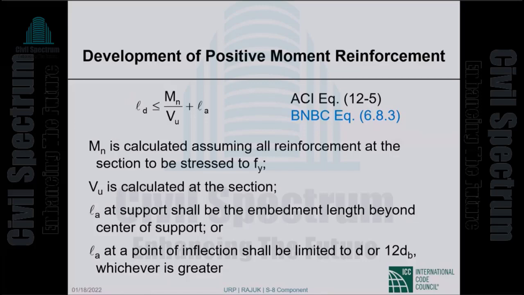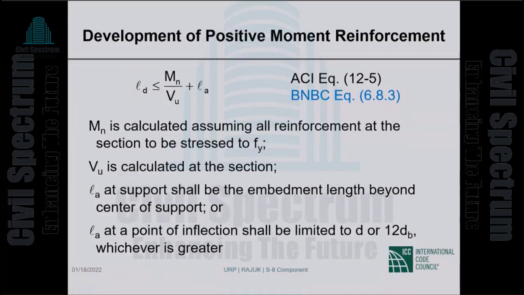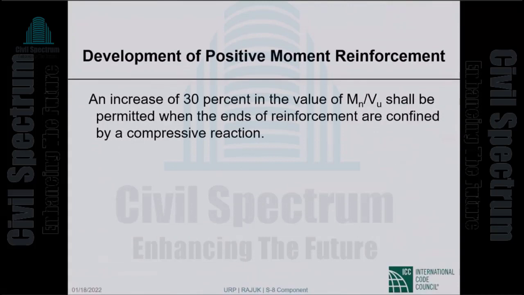Okay, so the larger the bar diameter we want to use, the larger the required development length. So if you use too large a bar diameter, you'll be in violation of this requirement. If you have small bar diameter, L sub D will be small, and then you'll be in compliance with this requirement. That's the idea. Okay, it is being done somehow indirectly.